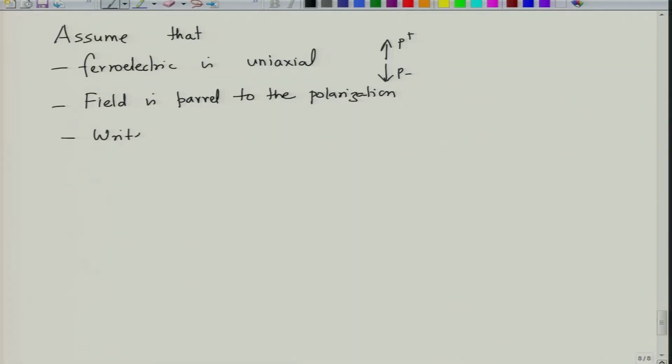So, now we would like to expand this free energy equation in terms of polarization only, and we will ignore other terms. We will just look at the polarization for a uniaxial ferroelectric and ignore the stress fields. So, we write G in terms of P only, ignoring stress fields, okay, and this is okay because you have a uniaxial ferroelectric. So, we are not considering any other directions as such, and it is an unstrained crystal.